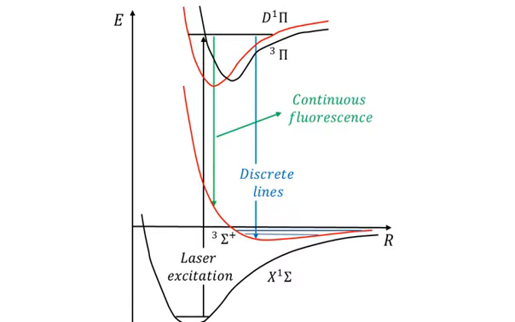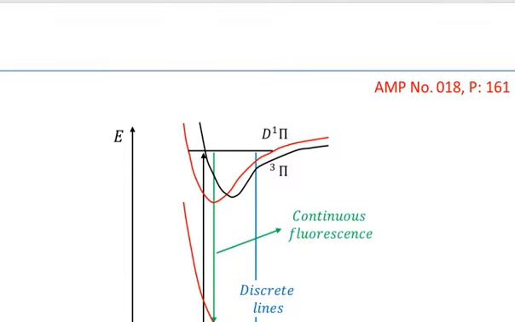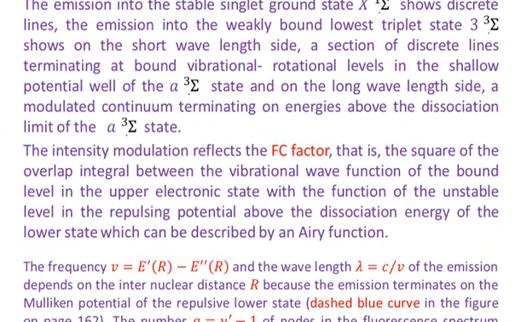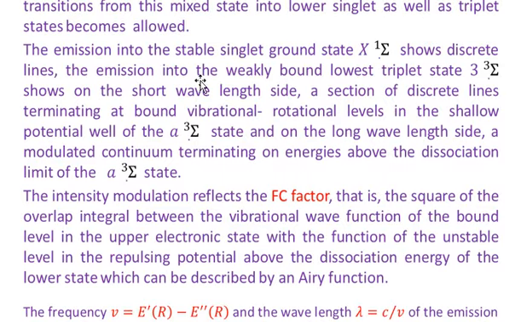So here for this particular molecule, the transition from the singlet, that is the D 1 pi, to the singlet X 1 sigma state will give you the discrete lines. Whereas the transition from the triplet state 3 pi to the 3 sigma plus state is a transition between triplet states. So the singlet to singlet and the triplet to triplet transitions are allowed for this molecule. The emission into the stable singlet ground state X 1 sigma shows the discrete lines. The emission into the weakly bound lowest triplet state, which is the a 3 sigma,